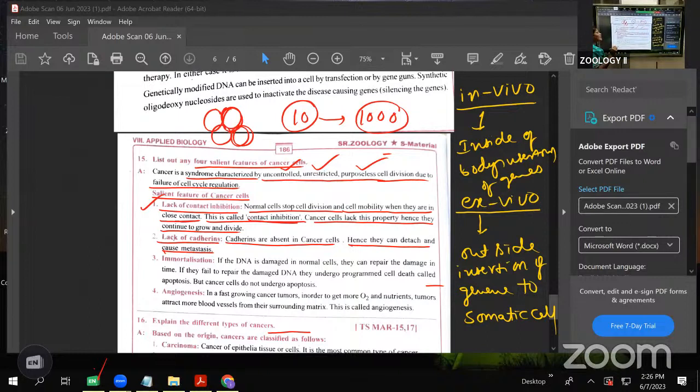That's why they are detached from the other cells and cause metastasis. Metastasis means moving from one place to another place. Cadherins are mainly the thread-like structures between the cells. Next is the